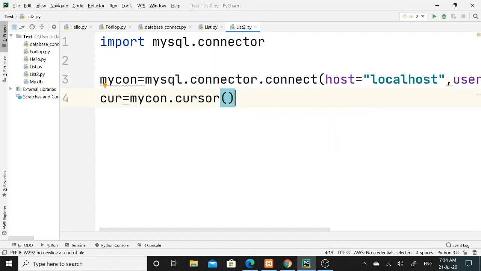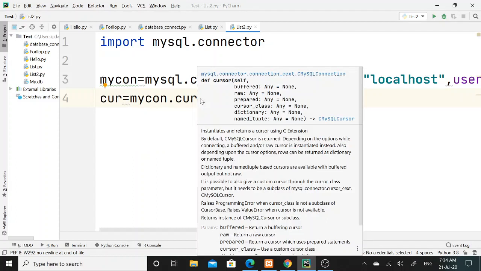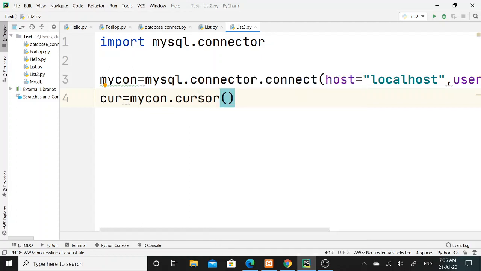So basically, what is a cursor? A cursor is a temporary memory or temporary workstation. It is allocated by the database server at the time of performing data manipulation language operations on the table by the user. Here I am going to use the insert command, which is a DML command, and for that purpose I am supposed to use a cursor.